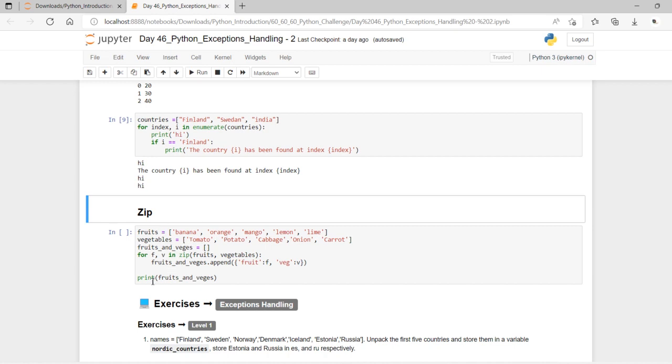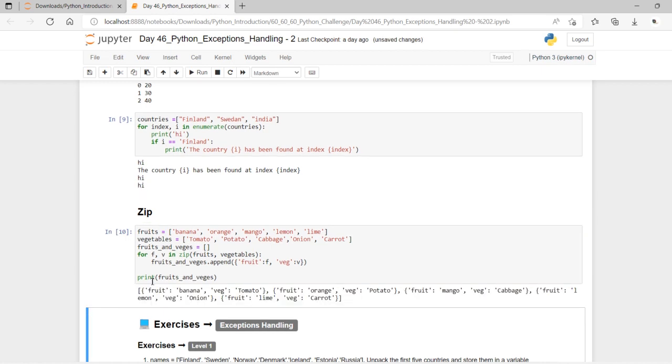And when we want to print this, here it comes: fruit banana, veg tomato; fruit orange, veg potato; fruit mango, veg cabbage; fruit lemon, veg onion; fruit lime, veg carrot. So this is how you can make use of the combination.